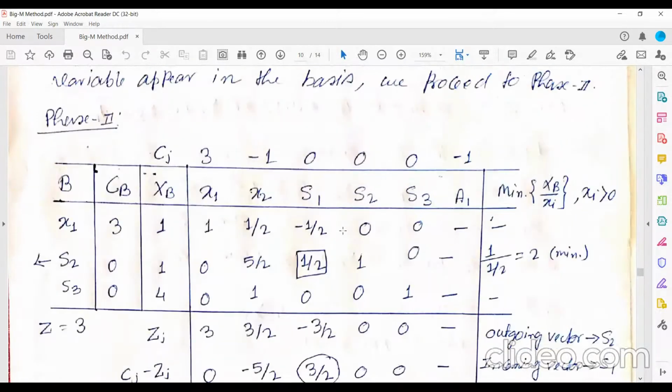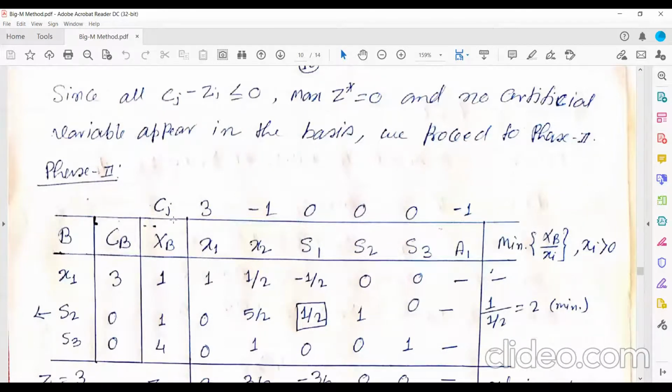So this is your phase 2. I have given the actual values, the actual cost of each variable. Since the artificial variable is gone, whether you write its column or not, there will be no change. That's why I've given a dash.